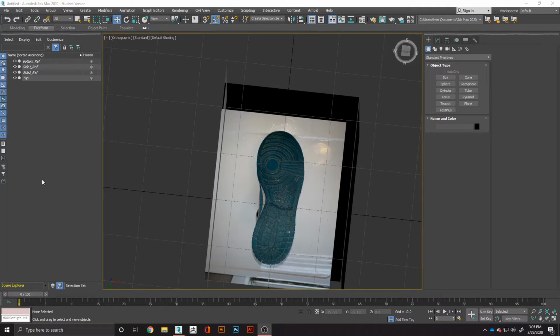In this tutorial, I will be going over the first part of the sneaker, which is modeling the sole. So we'll start off by modeling the high poly version of the sole, and then go into modeling the low poly version. So the first thing I would like to do is I'm going to actually take these reference images